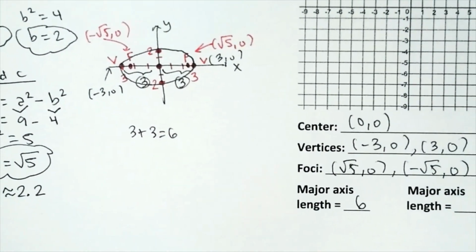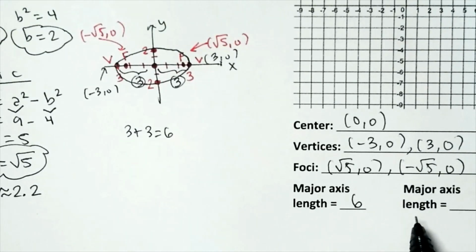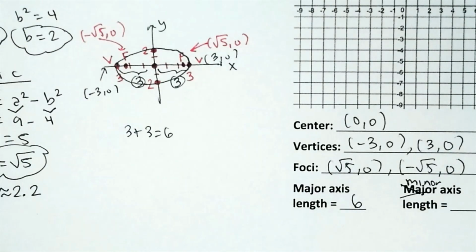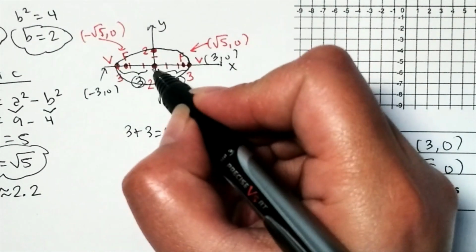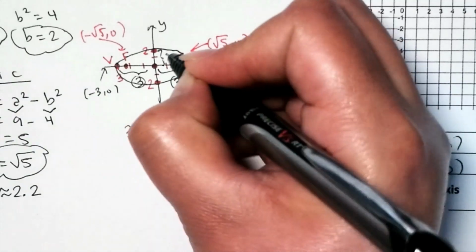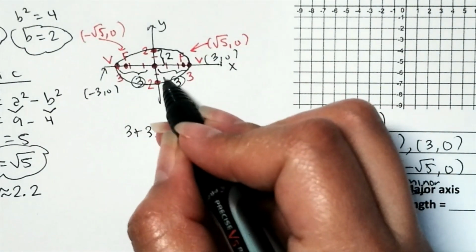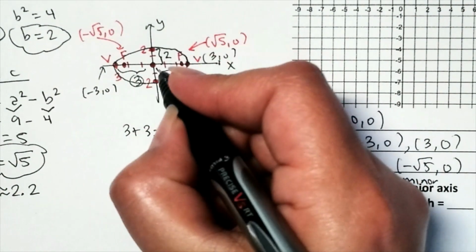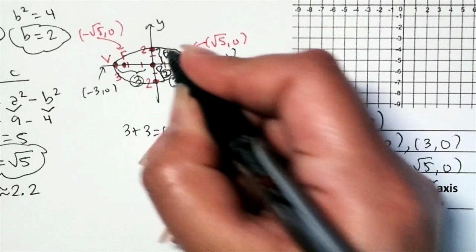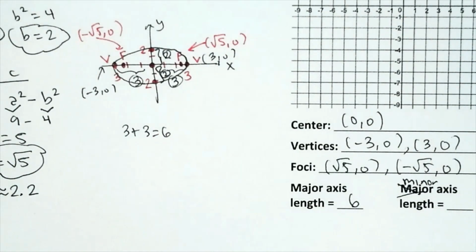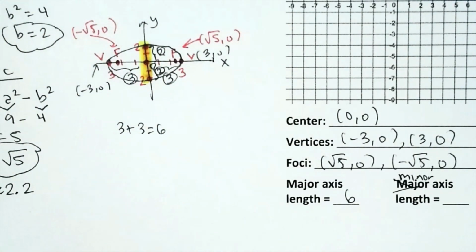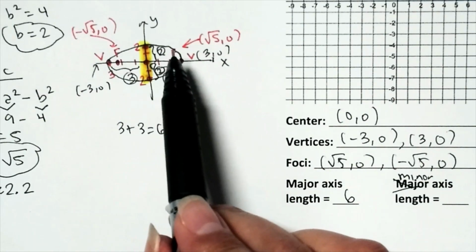What is the length of the... Oh, this is what happens when you cut and paste. Sorry, guys. This is supposed to say minor axis length. How long is the minor axis? So the shorter one. From the center to that endpoint, that's going to give us 2 units. It's going to start looking like a pizza. Sorry, we don't have that much space. From the center to the other endpoint, that's also going to be 2 units. So the question is, what is the length of the minor axis? That looked ugly. Remind me not to do that again. The length of the minor axis is given by 2 plus 2